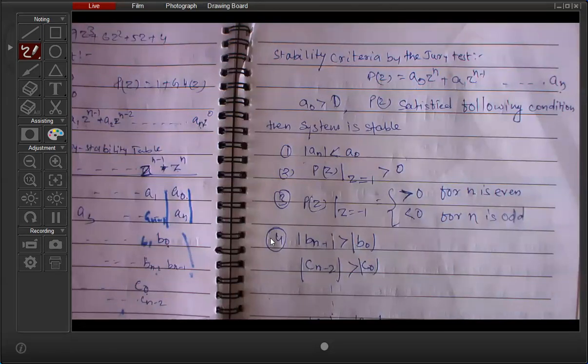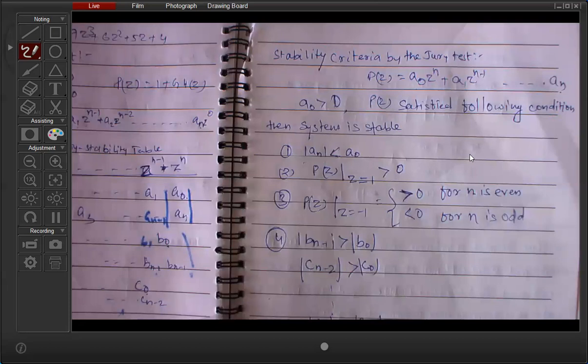So Lyapunov stability criteria is also used in the continuous time domain, for time varying systems or for any nonlinear system. Or you can say for any state space representation, you can use a Lyapunov function or Lyapunov stability criteria for finding the stability. I will discuss Lyapunov stability criteria later on, when I teach the state space representation of discrete systems.